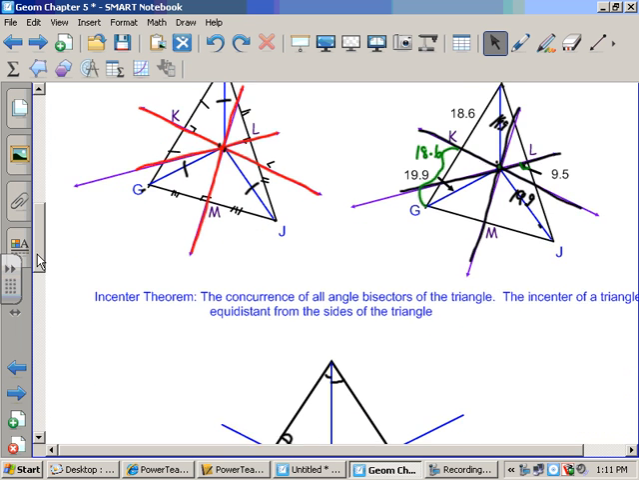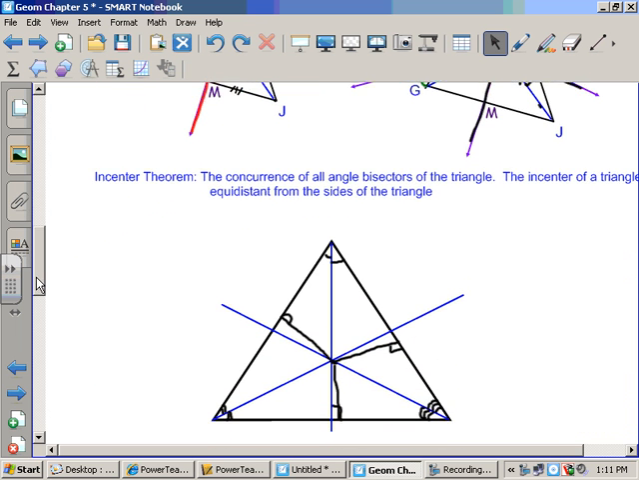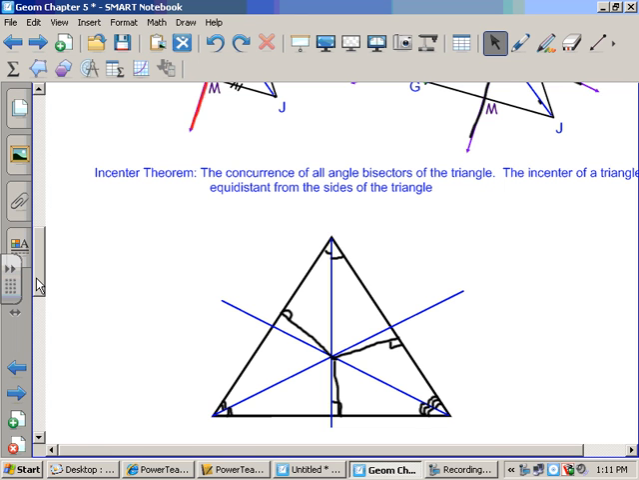All right. The incenter theorem is when all the angle bisectors intersect. So up here it was when all the perpendicular bisectors intersect. This is when all the angle bisectors intersect, and it intersects what we call the incenter. Okay? And just like the distances, once you find the incenter, the distance from the incenter perpendicular to the side,